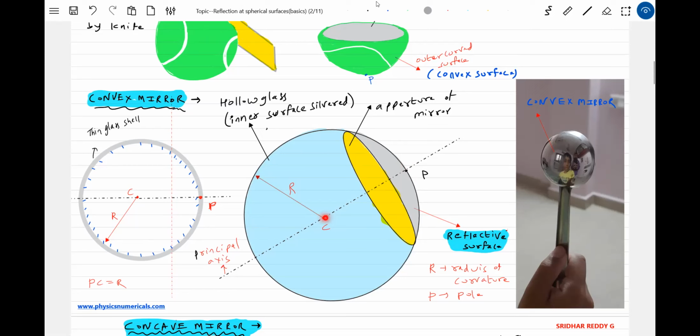Next, we have also C. So C should be the center. So it's a plain diagram. I assume it's a spherical shell, thin glass shell, not circle. The center of the glass shell is what? We'll call that the center of curvature. So what is the C? C will define it as